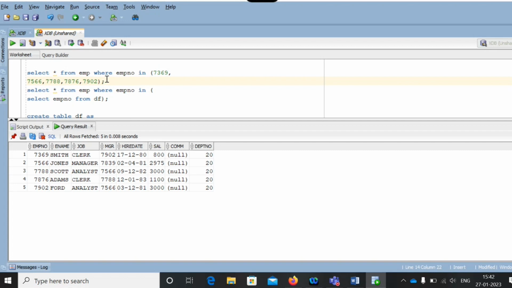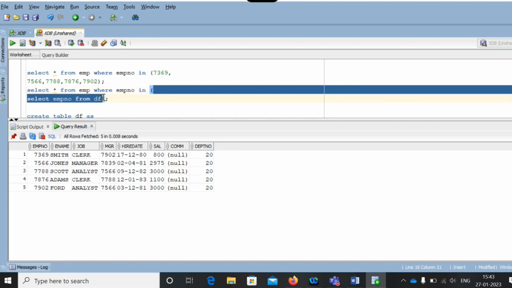Instead of mentioning all the values in the in clause, instead of values, I'm mentioning the single query. Single query. So see this, we can call it a subquery.